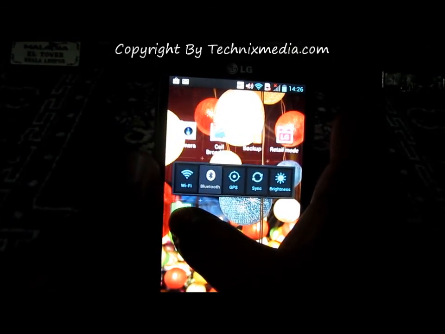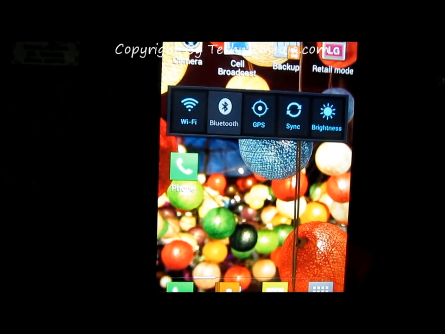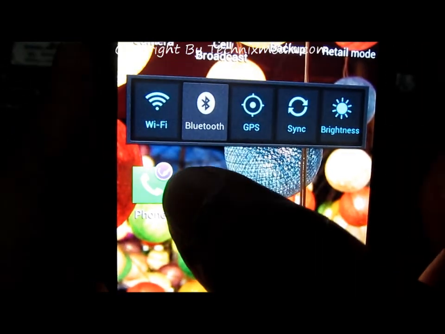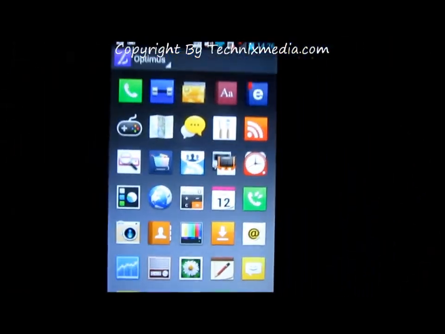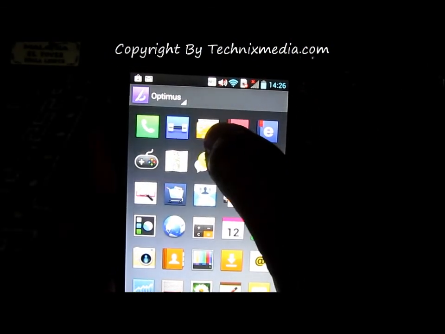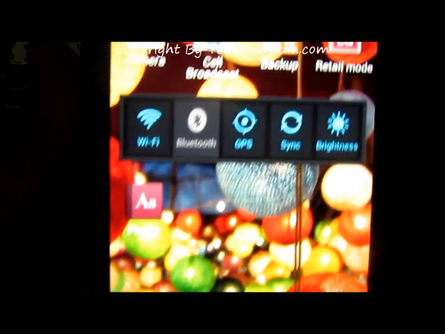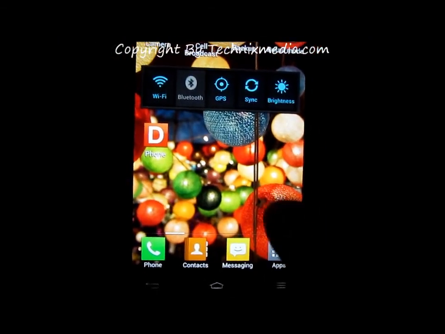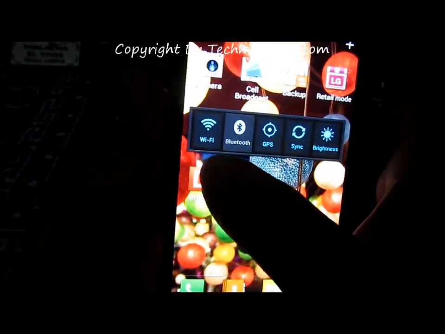In case you want to change the icon of a particular home screen item with a particular thumbnail, you just need to tap it like this, and then you will see a small icon over here. And this is how you can change the icon thumbnail. You can select any other image which will be there as an icon image, and this is how you can change it.